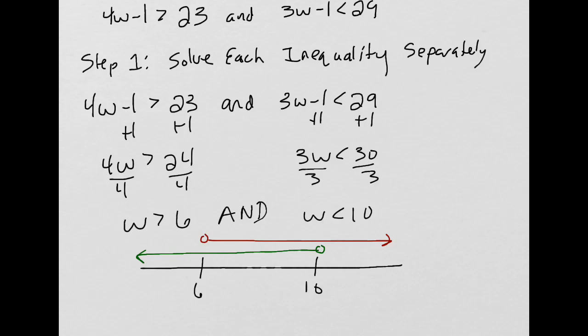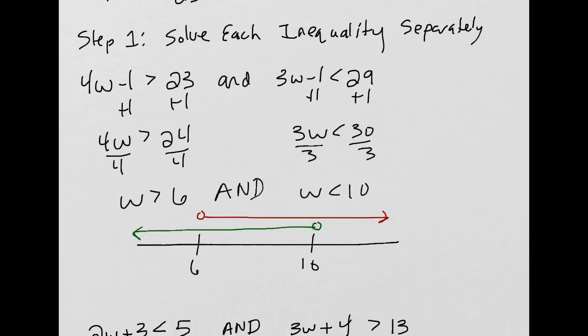So if I look at my number line, again, notice it's been split into 3 sections. This section of numbers are only in the green set. This section in the middle are in both the green and the red sets. And then the section to the right, those numbers are only in the red set. So again, because this is an AND case, I only want the numbers that are in both sets. So that would be this middle section. So my answer,